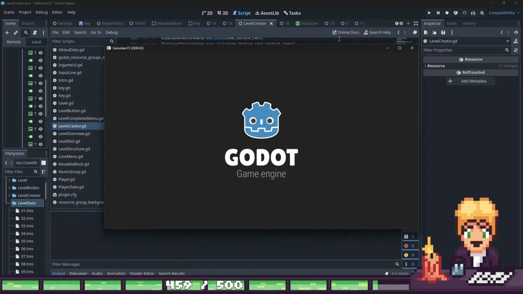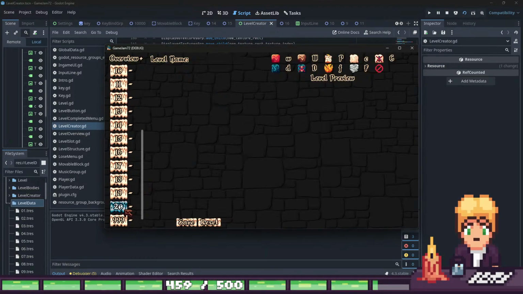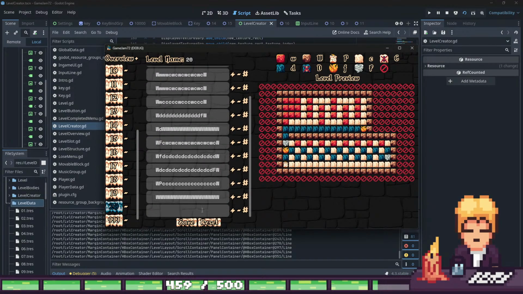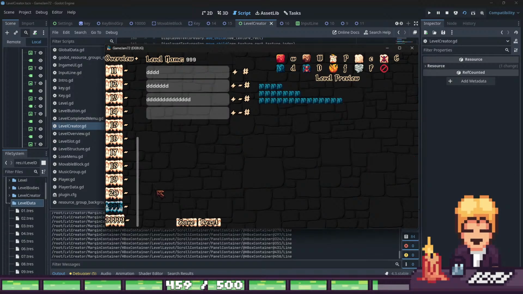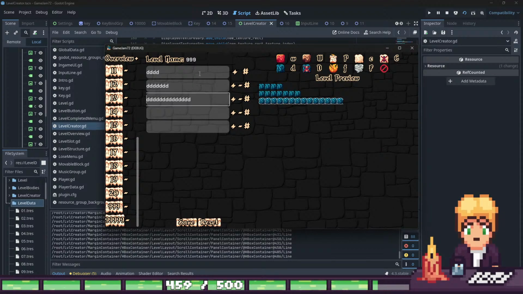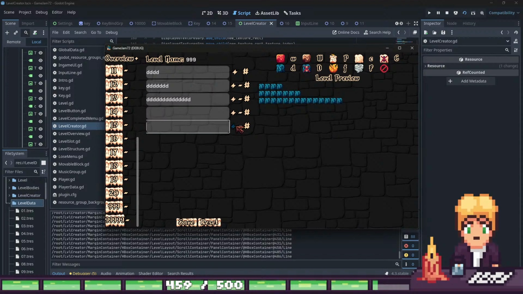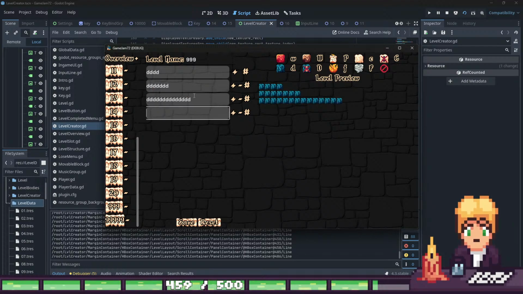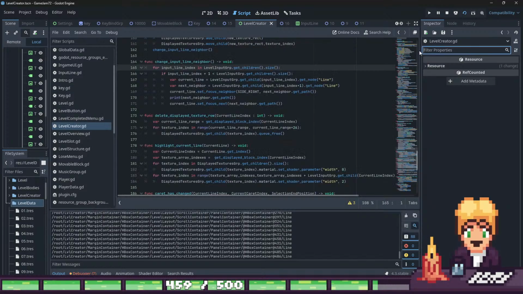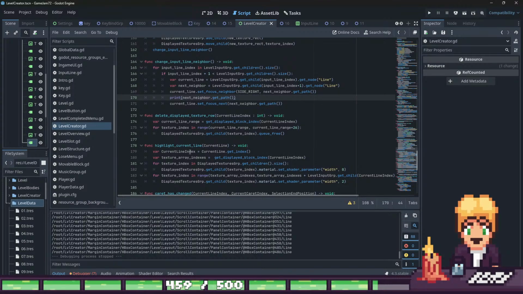What if we add new lines and delete new lines? If we delete lines. Let's add a new one. All right, it's working properly. And now we'll delete one in the middle. Okay, it's not updating. This is fine. So the only thing we need to do is